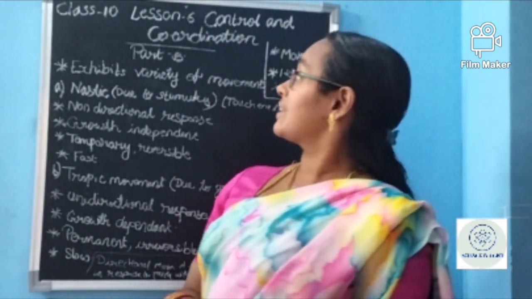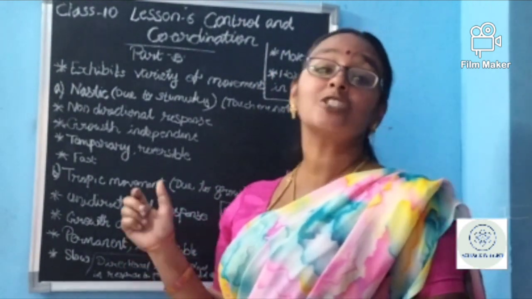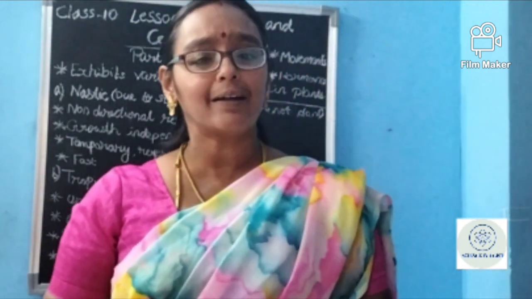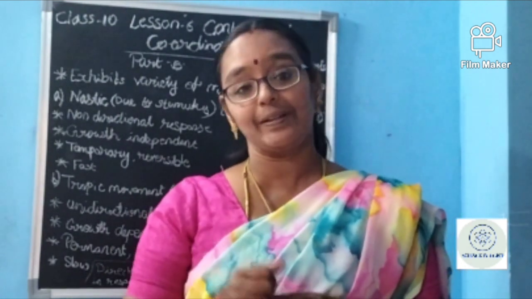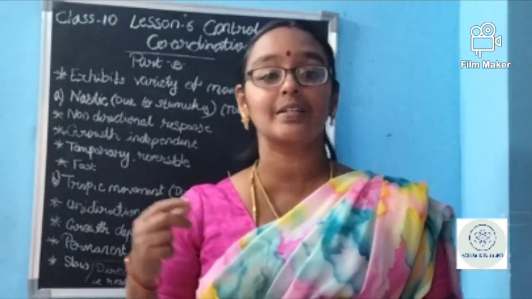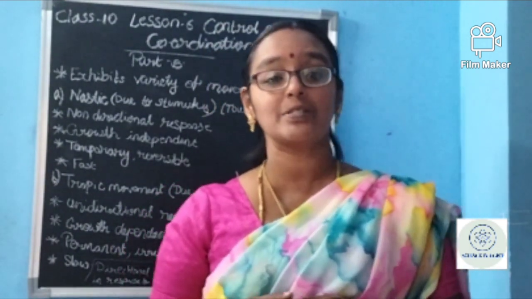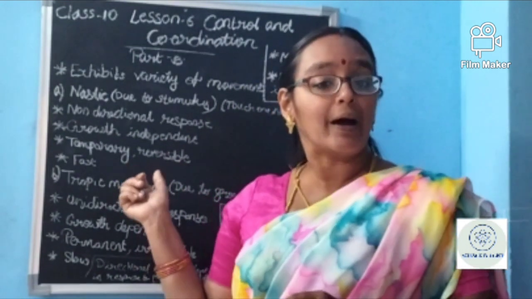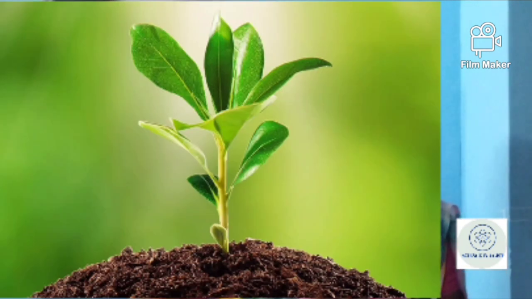Today we are discussing class 10 lesson 6, coordination, control and coordination, part B. In part A we have seen the control and coordination in animals. There we have seen the nervous system, the endocrine glands, some hormones, functions of these hormones, everything we have discussed. Here in part B, we are discussing how the growth of the